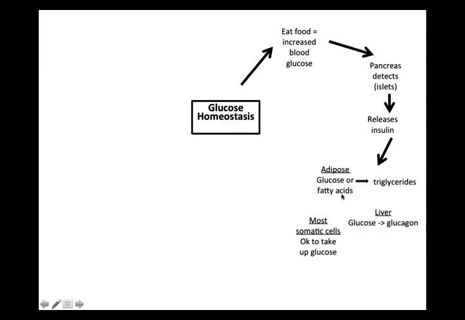So this will take your adipose or go and convert some of that excess glucose in your blood, or fatty acids, depending on the food that you ate, and it will turn that into triglycerides for storage for use later if you need it. The liver will take the glucose and it will make it into glycogen. Glycogen is that sort of spiral-shaped glucose polymer that you saw in 109,